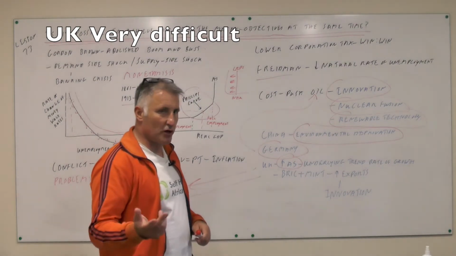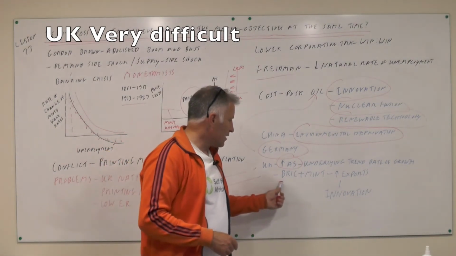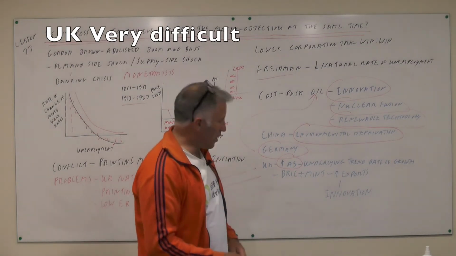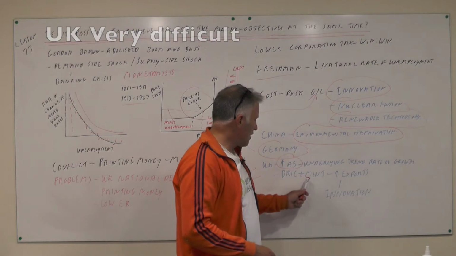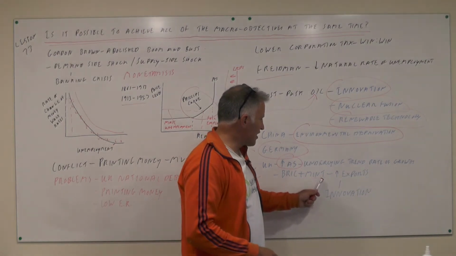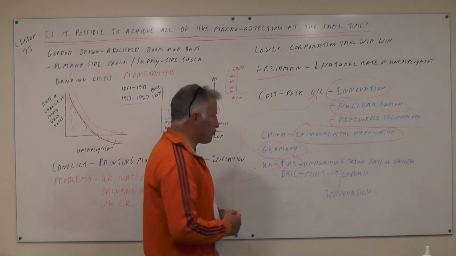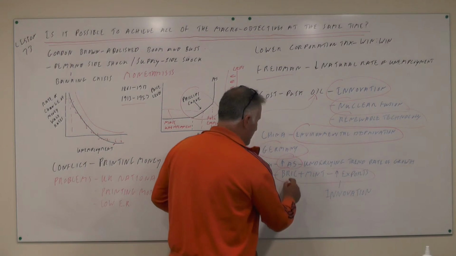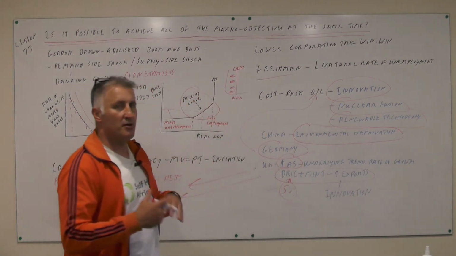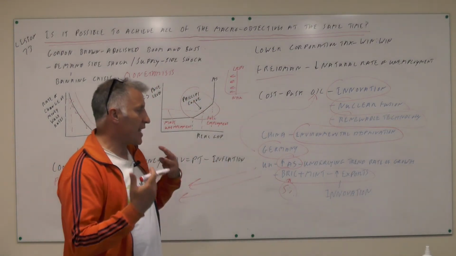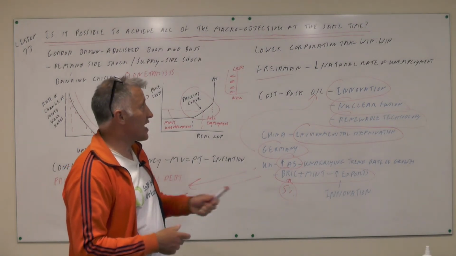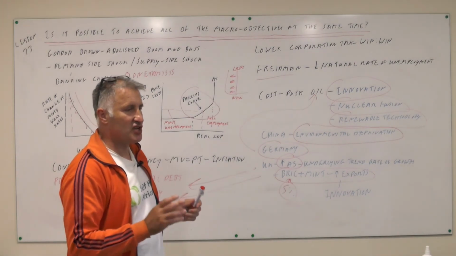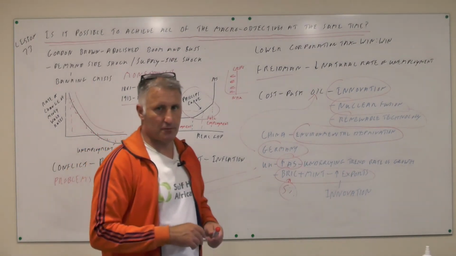Maybe we suddenly export loads more goods to the BRIC countries and the MINT countries. BRIC is Brazil, Russia, India and China, and MINT is Mexico, Indonesia, Nigeria and Turkey. So if we're able to export to all those countries, we export about 5% of our goods to BRIC at this moment in time, but if we're able to get into those markets, so we get export-led growth, then we can say that it's possible that we've achieved all of those objectives. But that is going to take a huge supply-side push.